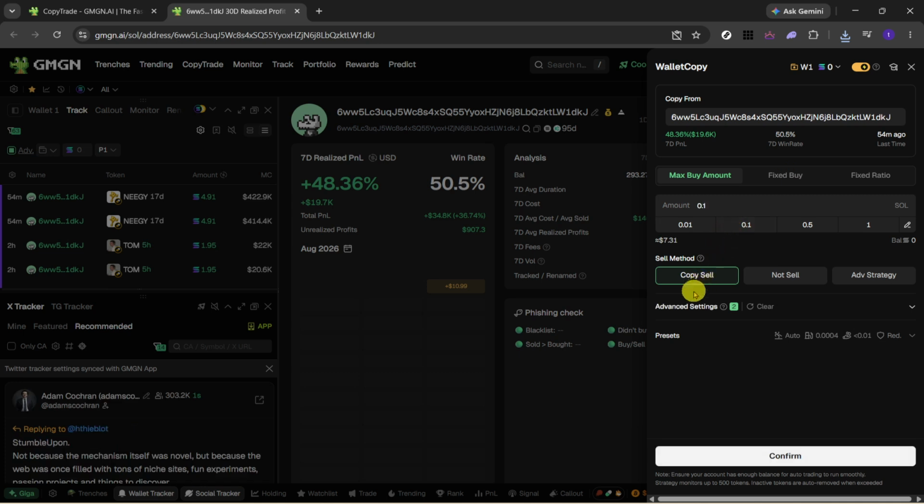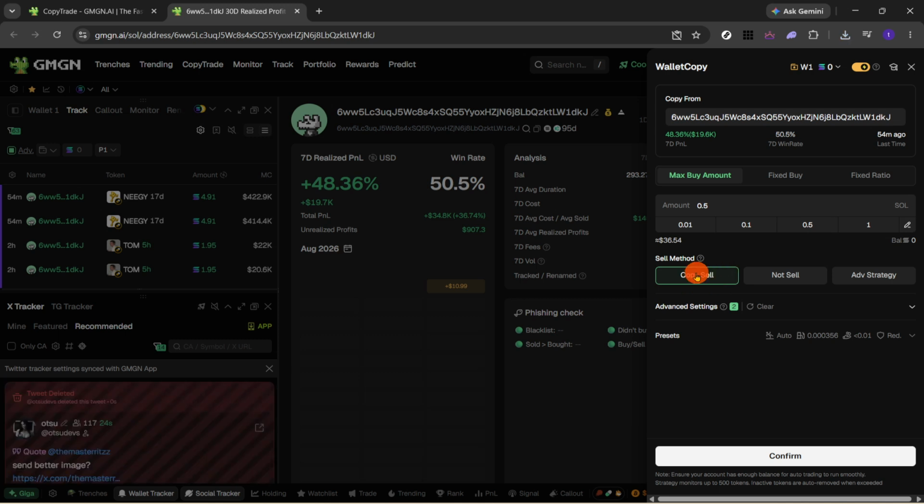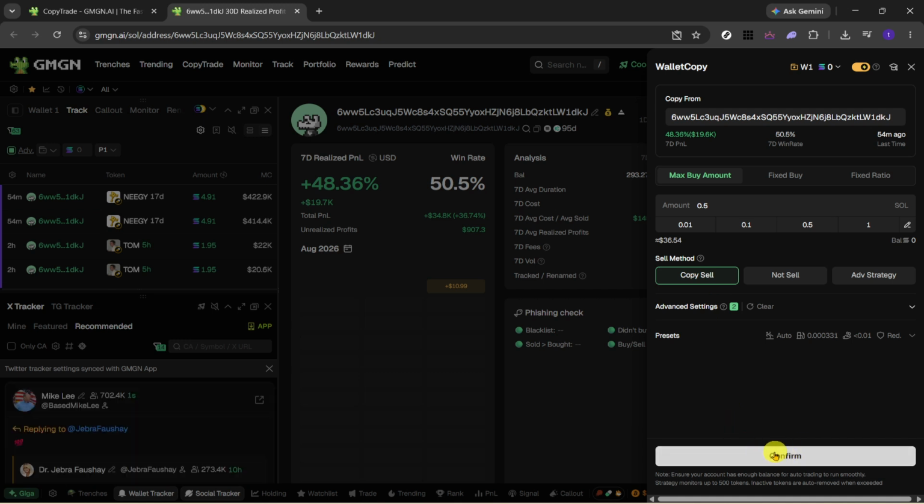copy trading setup. Next, click on Copy Sell. This setting enables the sell-side behavior for the copied wallet activity. It's an important part of the setup because it helps align your copy trading behavior with the wallet you're following. If you see other settings on the screen, stay focused on this one for now so your setup matches the